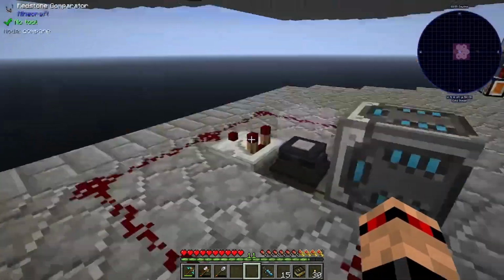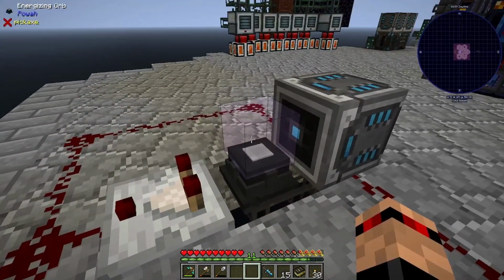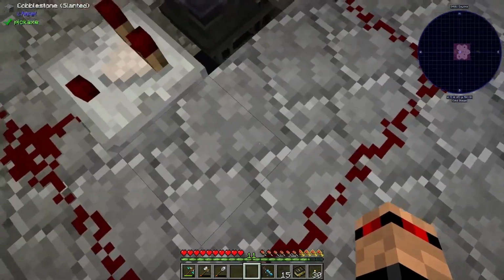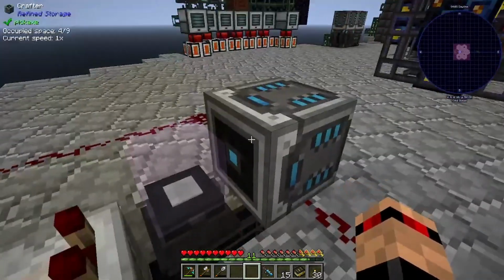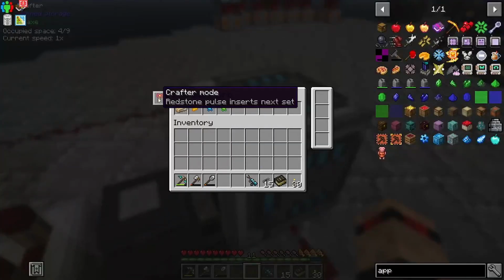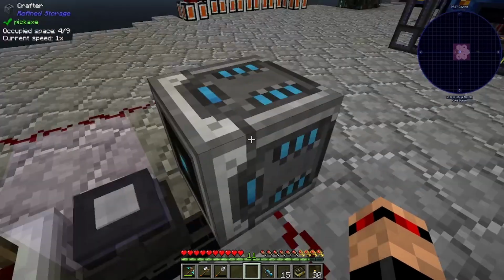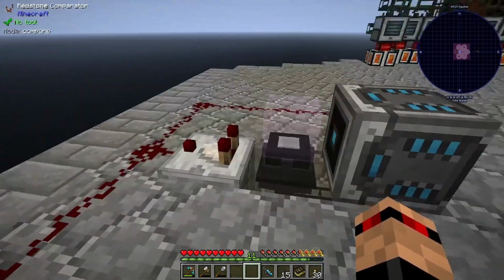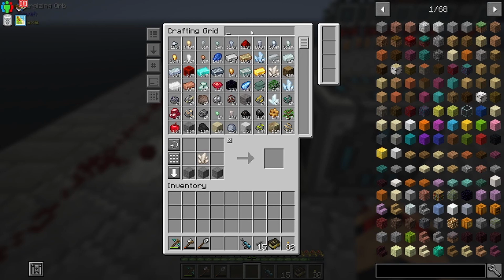So, previously we were just talking about making some stuff with Powah. And I probably should have done this on camera really, but this is how you set up automating it using Refined Storage. It's pretty simple really, because all you need to do is put this to redstone pulse mode. So crafter mode, redstone pulse, inserts next set. And what that does is when you tell it to put in some stuff, so if we get a bunch